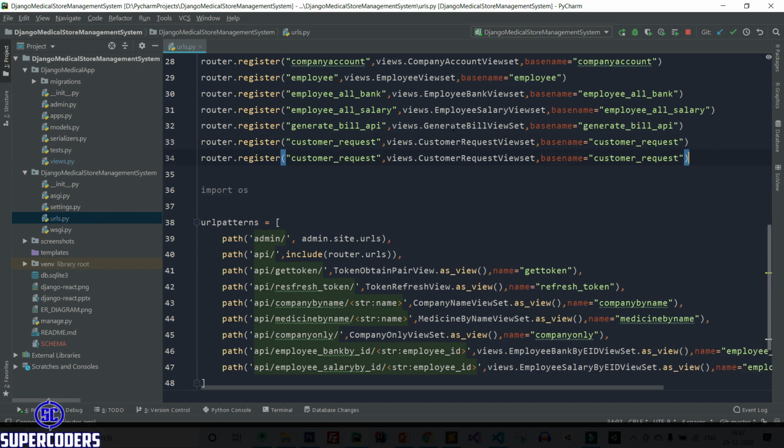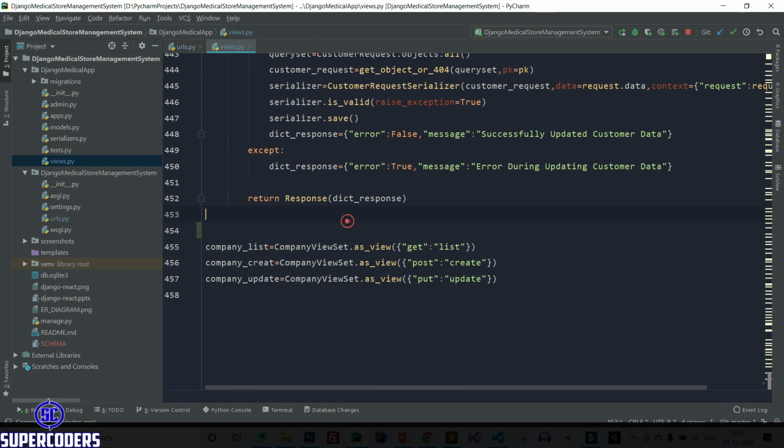Copy this same line and simply change it to home API. Let's copy it, paste here and here. Home API view set. Let's copy the view set name. Save this page.